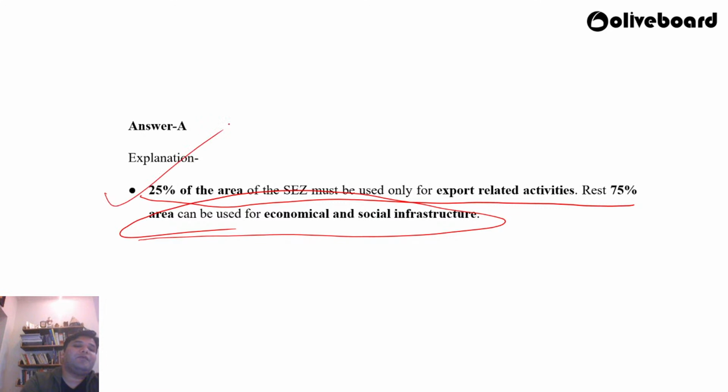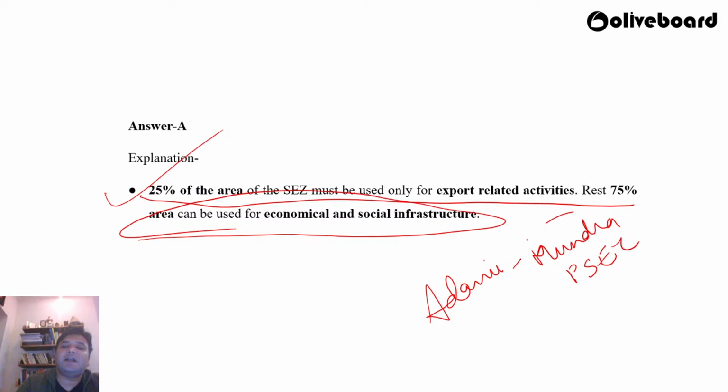What is your key takeaway from this question? 25% of the area of the SEZ must be, look at the language, must be used only for export related activities, and the rest 75% area can be used for economical and social infrastructure. कोई बात नहीं प्रशांत, अभी तो पता चल गया. ओके, इंडिया का प्राइवेट पोर्ट भी है एक, राइट, जो अदानी ऑपरेट करता है, जिसे हम मुंद्रा पोर्ट एंड एसईजेड, एमपीएसईजेड कहा जाता है. दैट वाज इंडियाज फर्स्ट प्राइवेट पोर्ट. ओके,